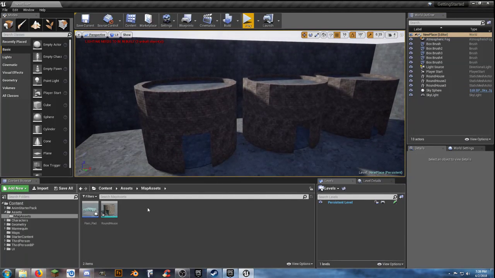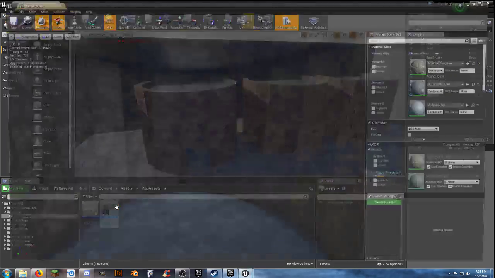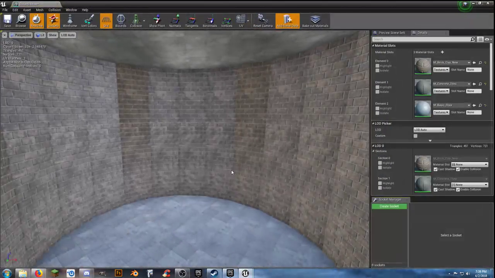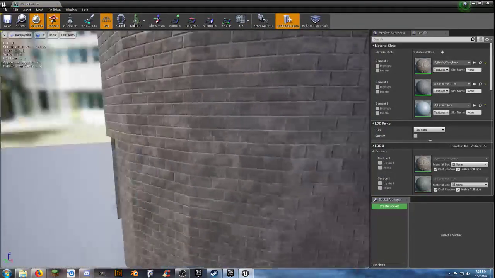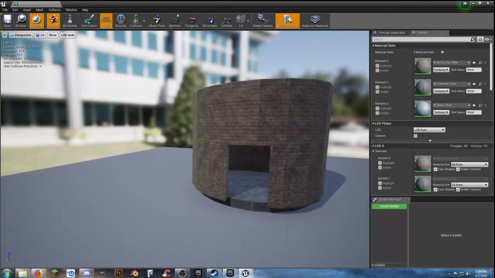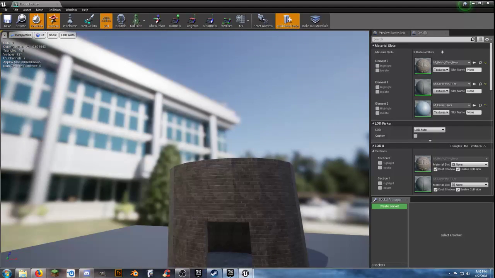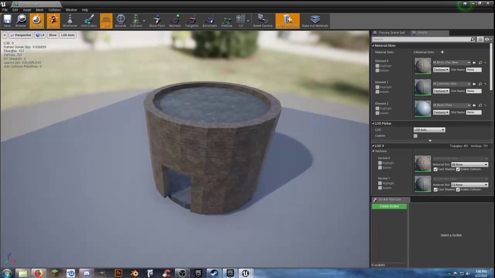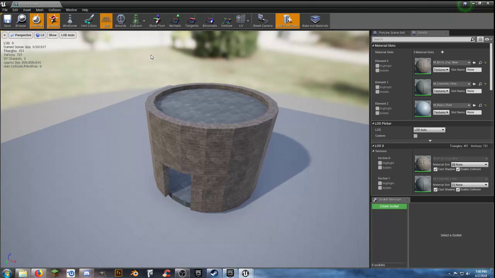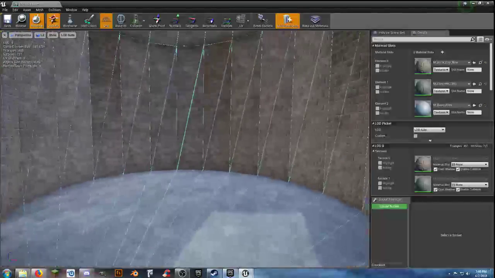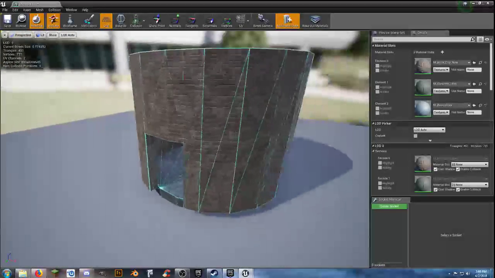Well, we're going to have to go into our roundhouse and open up our new static mesh that we created, and we can see, we can go inside, move around it, everything looks fine, but when we go over here, select our collision and go to our simple collision, nothing shows up. Okay, so what if we show our complex collision? Well, we can see that we have a complex collision, and worst case scenario, the easy way and cheap way,